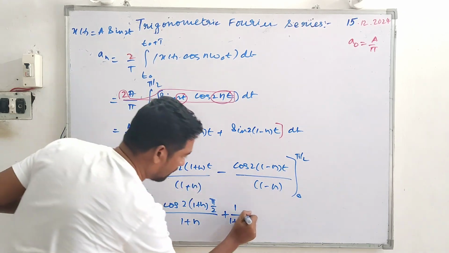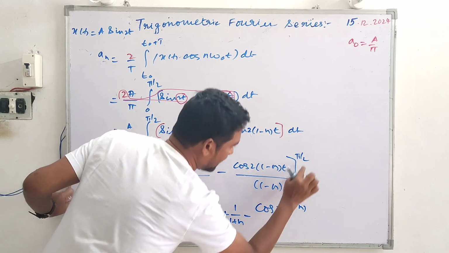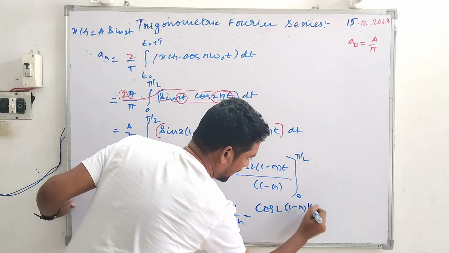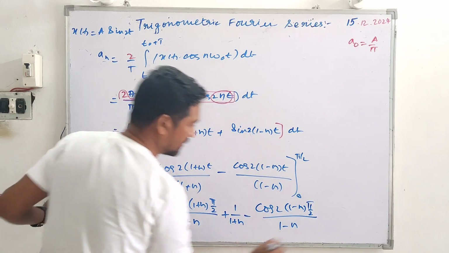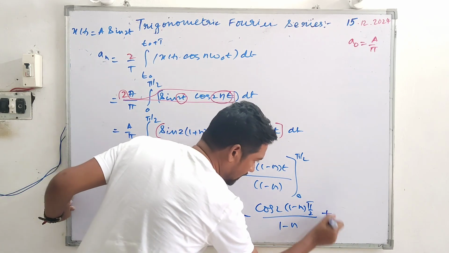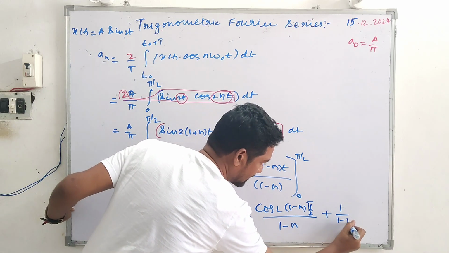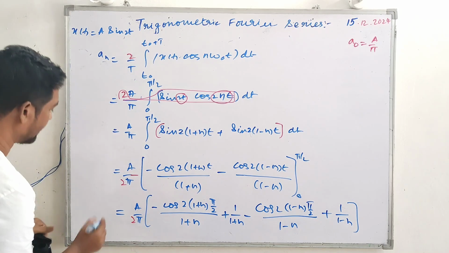For this term, minus cos 2 times 1 minus n and pi by 2 in the place of t, so pi by 2 by 1 minus n for the upper limit, minus lower limit, we already have this minus, that will be plus 1 by 1 minus n,